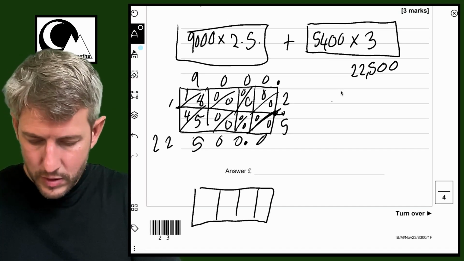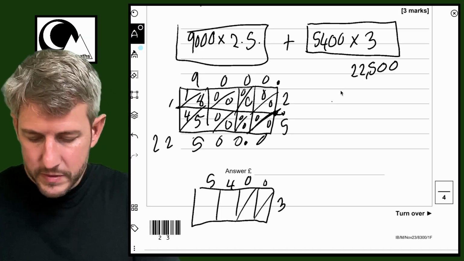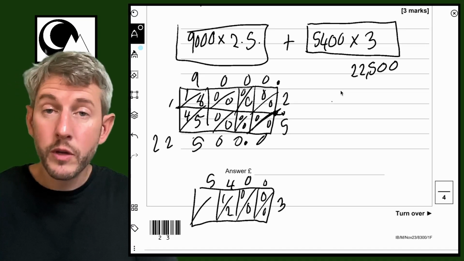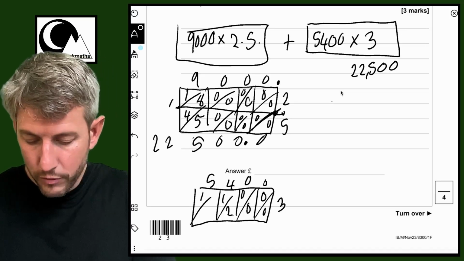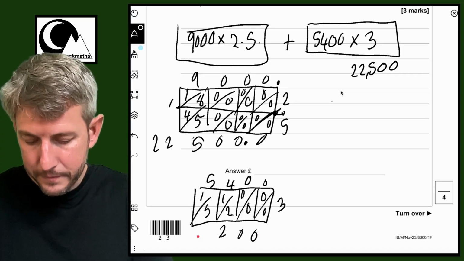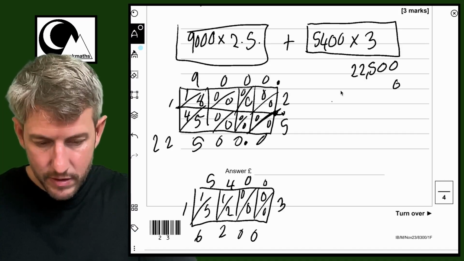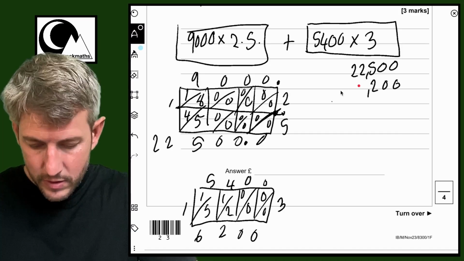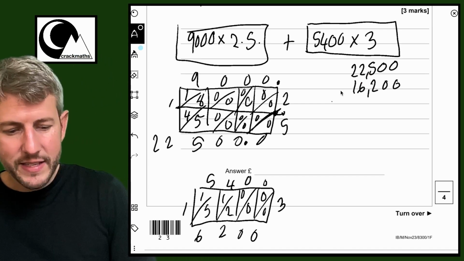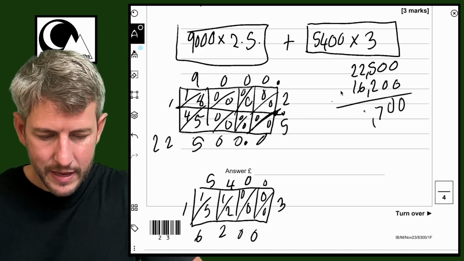So 5,400. Then we've just got the 3 this time, so that's nice and easy. So that's 0, 0, 0, 0, 1, 2, because 3 times 4 is 12. And then 1, 5. So we've got 0 there, 0 there, 2 there. That adds up to 6, 1. And so we're going to do 0, 0, 2, 6, 1. So we've got these two numbers to add together, which is going to give 0, 0, 7, 8,